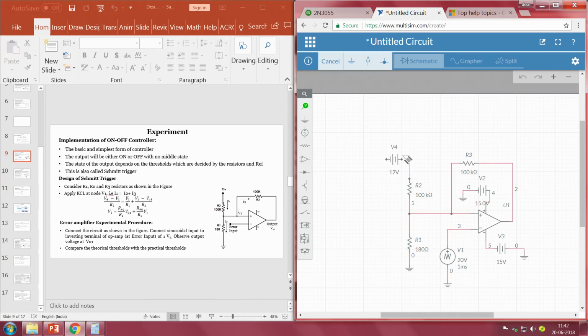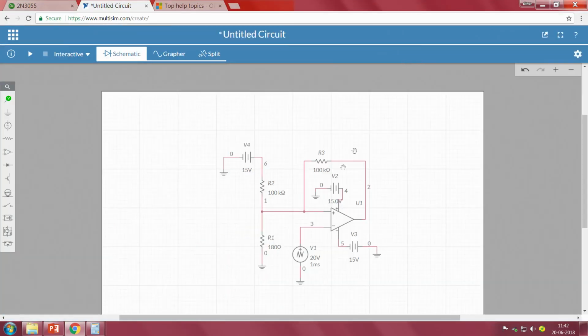This is very important, what voltage we are using, because the threshold values depend upon the supply voltage that we are connecting as well as the voltage that we are connecting at this point. Since we have calculated for 15, let me change it to 15, and connect the other terminal. Now we have to understand this. The circuit is ready, the only thing is we have to do the simulation. Before doing the simulation, let me connect voltage probes at the output as well as the input.